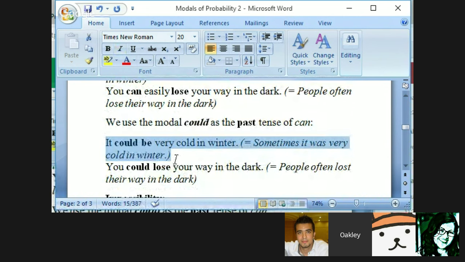In this example, "it could be very cold in winter," obviously, I understand Ziad's question. When I read this, I would assume that maybe they're talking about the 1920s when my grandfather lived there. I would automatically assume this is not a very specific time, or this is not something that the speaker was directly involved with or directly experienced. I would definitely assume that they're talking in the third person or something. Secondhand. They're talking secondhand. Definitely.